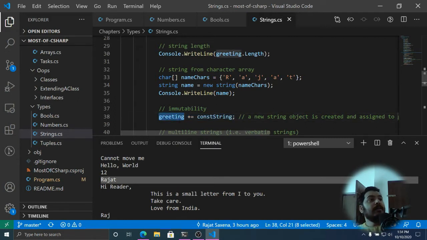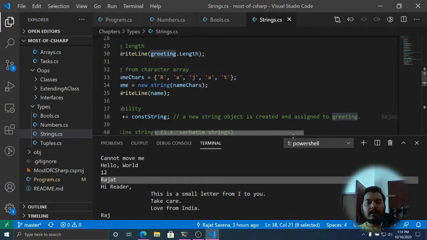So we have kind of lost the original value that was stored in greeting. A new string is created and that string is assigned to the variable. So this is how strings work.